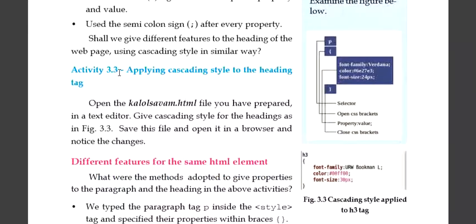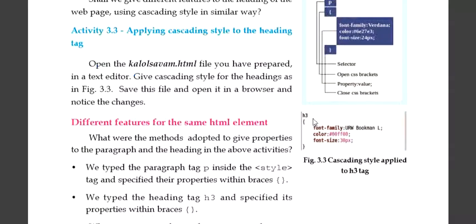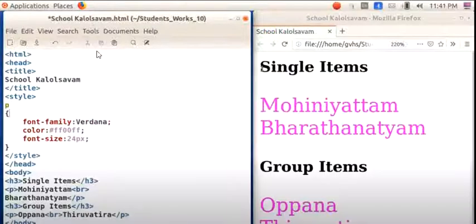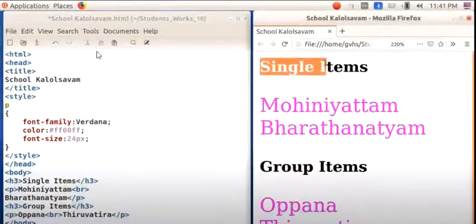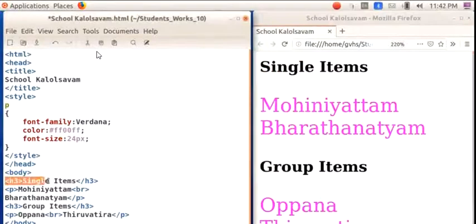Next, activity 3.3, applying cascading style to the heading tag. Open the color7.html file that we have prepared. Then give CSS for the heading. The CSS code to be included is given here in this figure. For that, open our document in the text editor. Next, we have to give formatting to these headings.